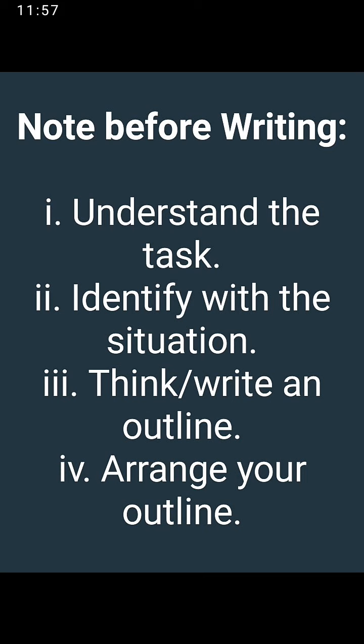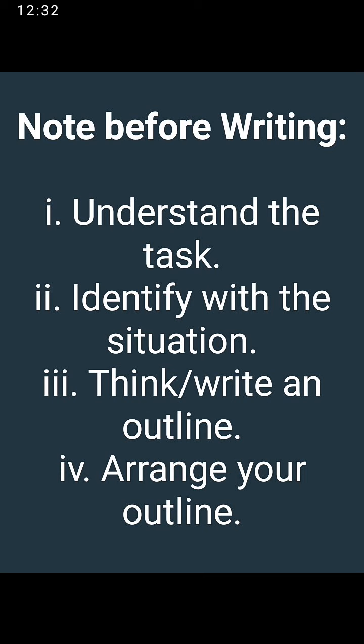Okay? Now, having done that, you could even see that there are points that you probably need to expunge. You don't necessarily need them, because in thinking you could have written about 7. So you might want to remove some. You might even want to merge 2 in 1, so long as they are closely related, so long as they have the same idea, so that you don't overwork your paper with so many paragraphs, writing things that may not necessarily be separated. Okay? And make sure you don't merge 2 different ideas in a paragraph. That is very important as well.